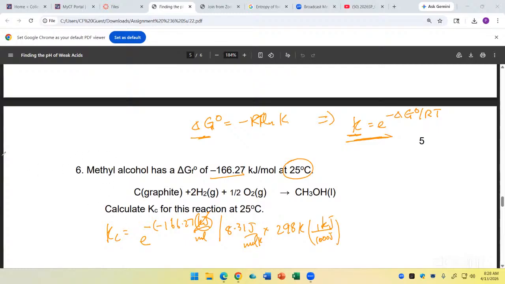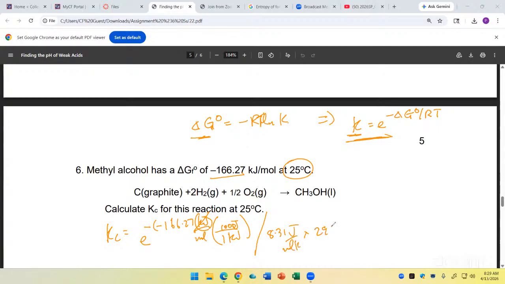You know what? I made a mistake. This should be the other way around. You have to be careful when doing this because you're dividing by RT. You know what I'm going to do to avoid confusion? I'm going to do the unit conversion first. So I'm going to convert the kilojoules to joules. So 1 kilojoule down here, 1,000 joules above. And then I'm going to divide all of that by RT, 8.31 joules per mole Kelvin times the temperature, which